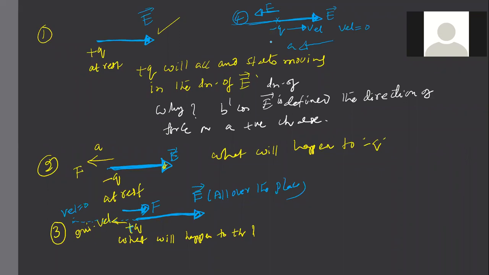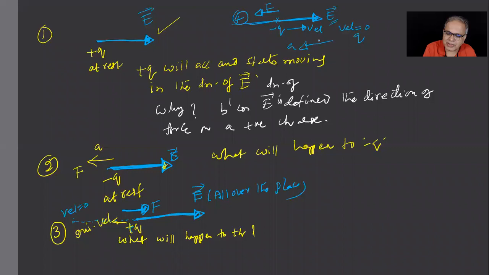We already applied, no? E is this way. So E is a force on positive charge, by definition. So since I put a negative charge, force will be acting in the opposite direction. The velocity goes on decreasing. Charge will keep moving this way until the velocity becomes zero. But force once again is acting opposite, no? So it will accelerate in this direction. Same as what we talked about in the third case.